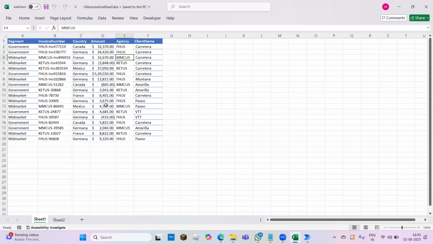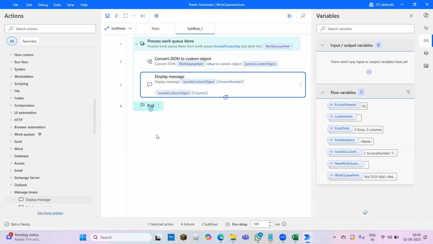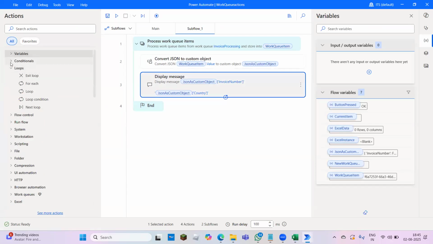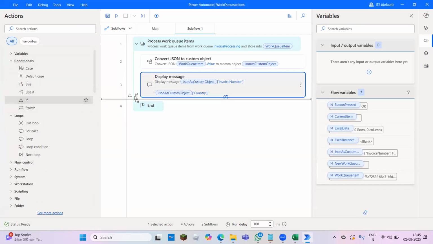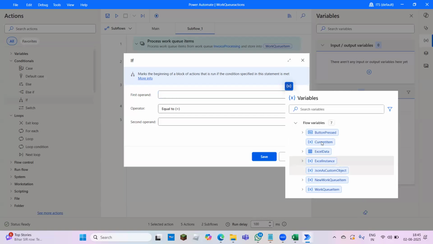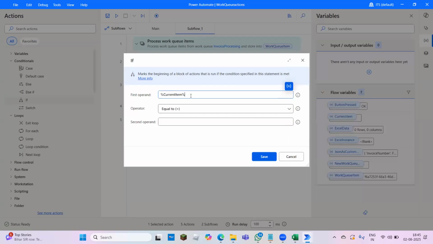If it is MMCUS, then it will show as a business exception, something like that. Under condition, if current item agency equals HUS,